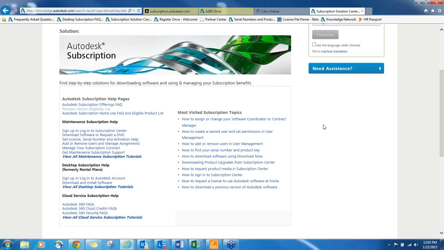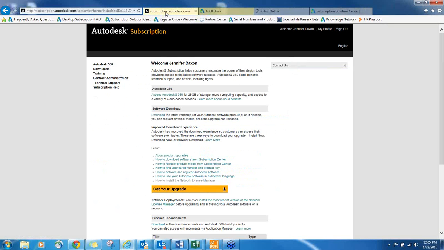Lisa, we do have a couple of questions that we need to address. Okay. John is asking, does every network license come with a free standalone? No, John, that does not happen. If you have a network license, that license is deployed as a network. What happens is the software can be loaded on any and every desktop, and then based on the number of licenses that are on the network, that will give you the number of simultaneous use that can happen within those licenses. I don't know if that answers your questions completely, but